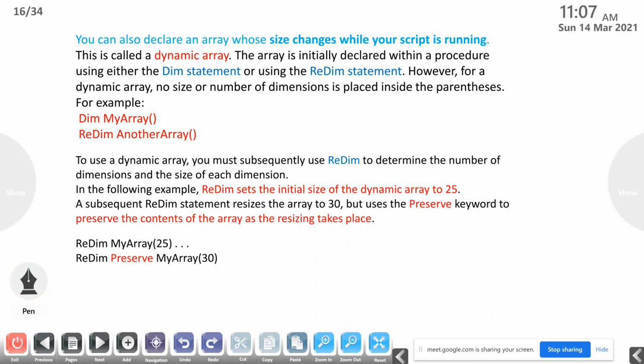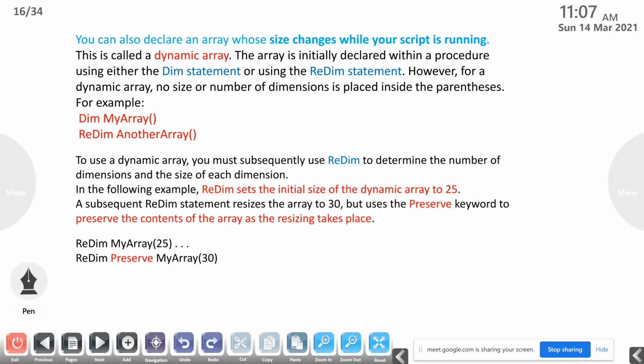Then after that we want to change the size. We want to increase the size of the array by 5. That means the array size is now 25 and we want to change it to 30. But some data is inside that array, for example the 10 data items we already entered. If we want to preserve that data while increasing the size of the array, we have to use the keyword Preserve before changing the size.